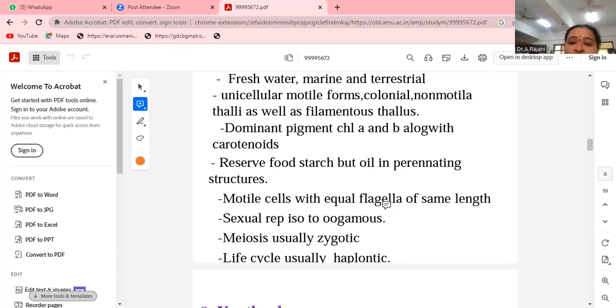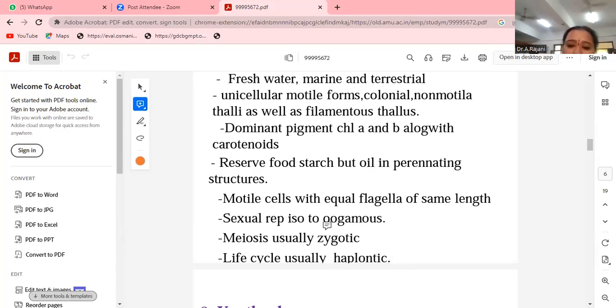The arrangement of flagella is also 9+1: 9 flagella around, and the middle one is there. The arrangement is also sometimes asked. Flagellin protein and a 9+1 arrangement. In bacteria also flagella is there, but bacterial flagella are produced from a different protein. See, these two are also very important. In algae, flagella are produced from flagellin; in bacteria, flagella are produced from tubulin proteins.